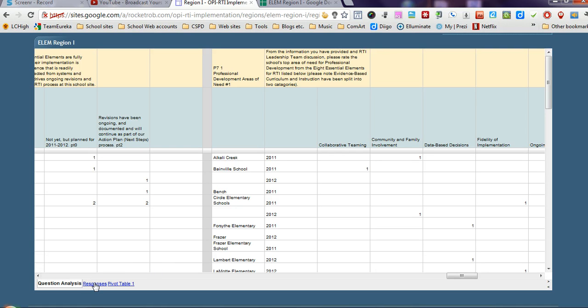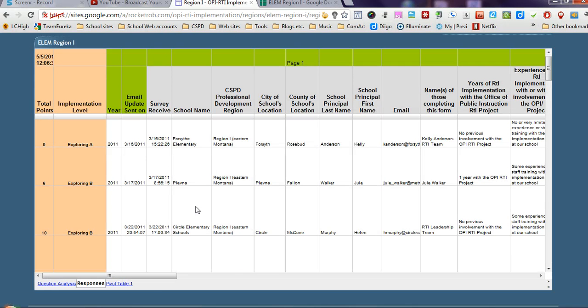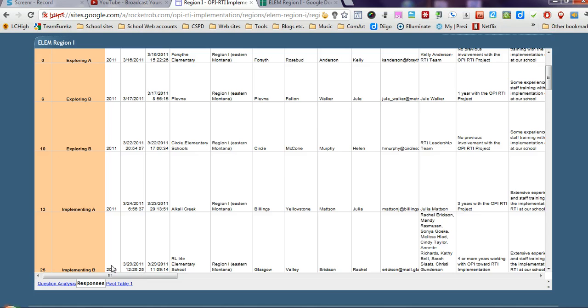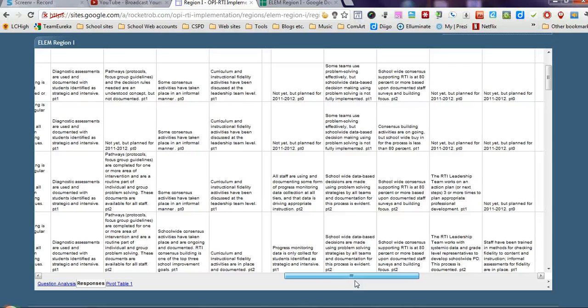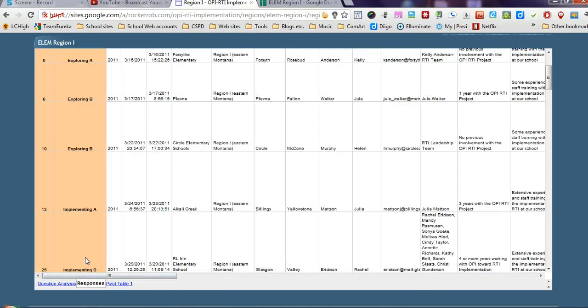And notice you can switch that over and take a look at the responses. It will load those up. That's a complete listing of all the responses as they came in just for that region, again filtered by that region. You'll notice that here it's only region 1, but it gives you the contact information, what their implementation level is, and as you scroll across again, it gives you the answers for everything. It's just a little bit more jumbled up and not as easy to read,